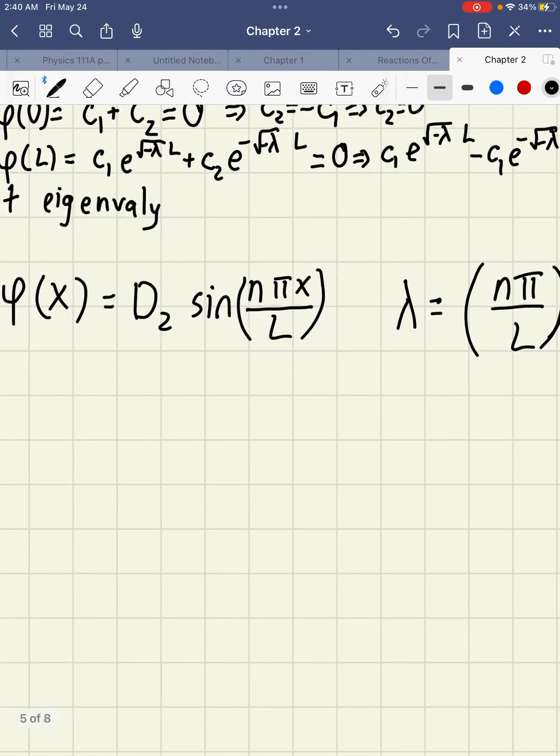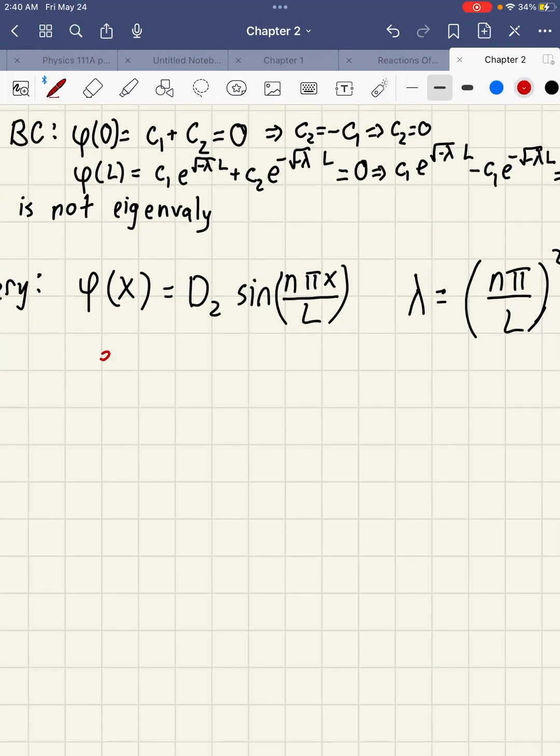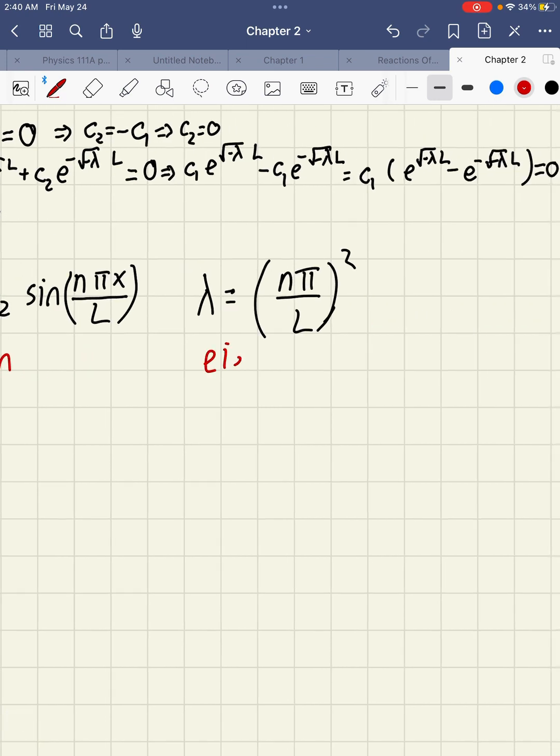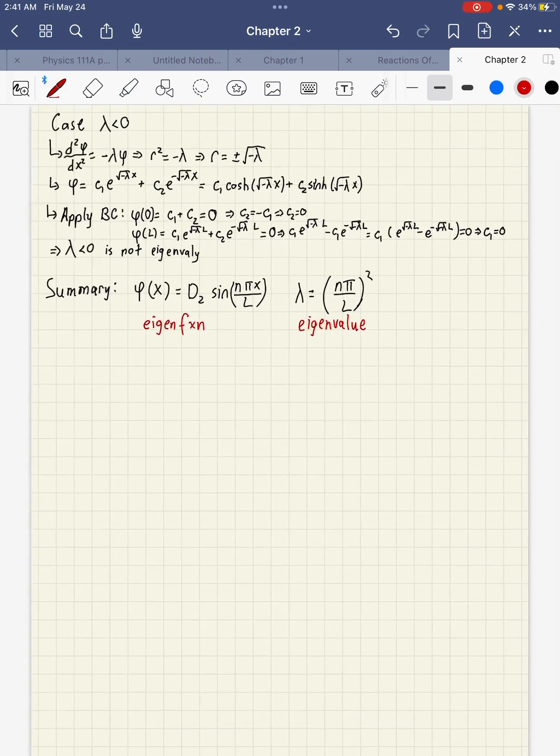This is my eigenfunction, and this is my corresponding eigenvalue. Okay,